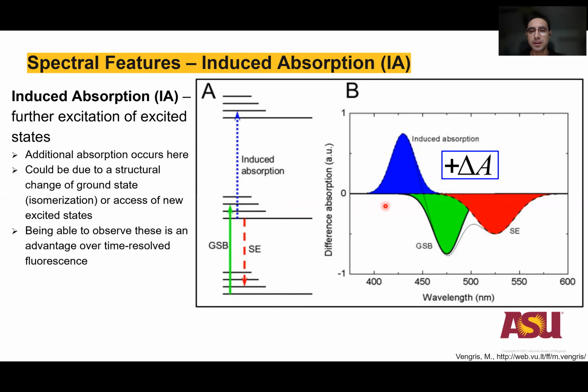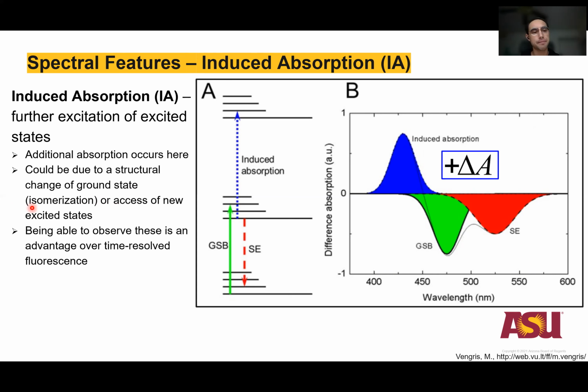Because if it emitted photons, then you might end up actually seeing a negative contribution here. But for these non-emissive excited states, this could be due to a structural change of the ground state,